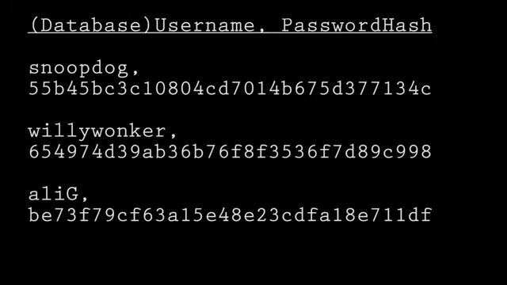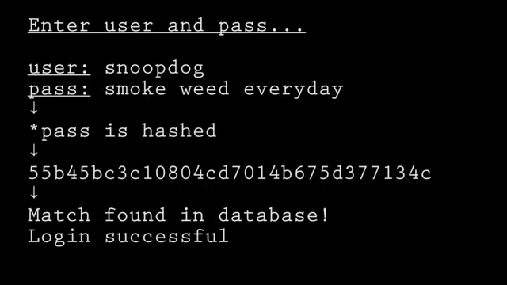This is great for storing passwords. Instead of storing the actual password, the hash of the password is stored. When a user enters their password at login, it is hashed and compared to the hash in the database. If they're the same, then the login is successful. This way, if an attacker gains access to the database, they'll only have the hashed passwords, which in theory will be of no use to them, as they won't be able to go backwards to figure out the original password.